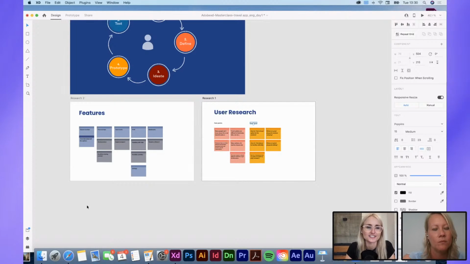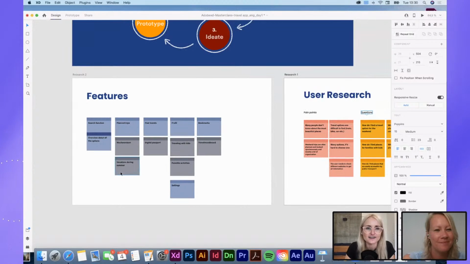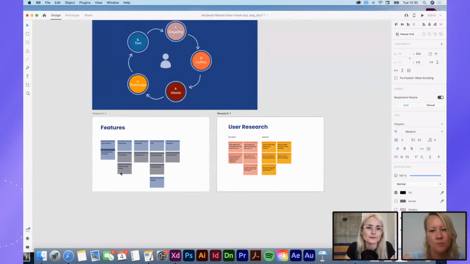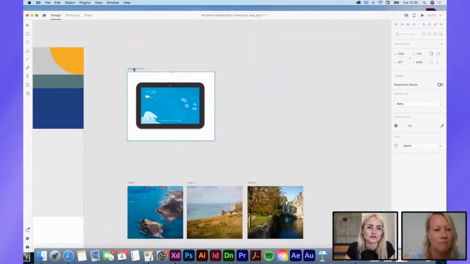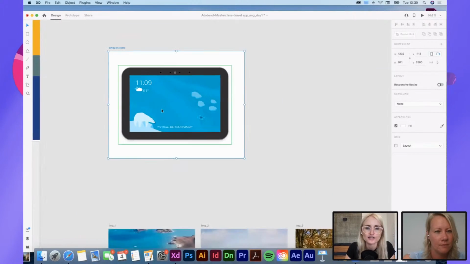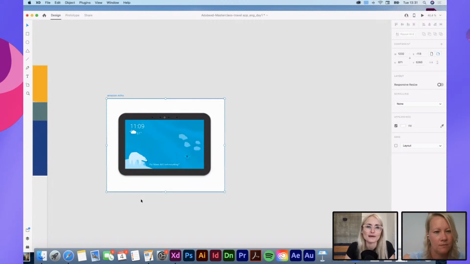So these are just things I did before the workshop, but we can still add features and requirements, so it's not set in stone. A few features and recommendations are what we need in this app. It could be an Amazon Echo Show, for example, the one with the screen. So imagine that